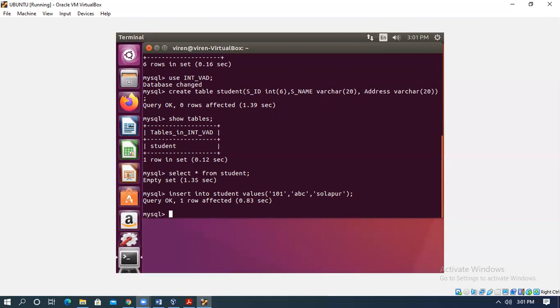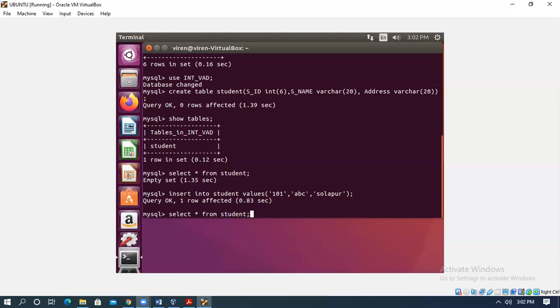Now, we have already seen select star from. So select all the records from the student. Star indicates all. Now we'll use a similar query once again.